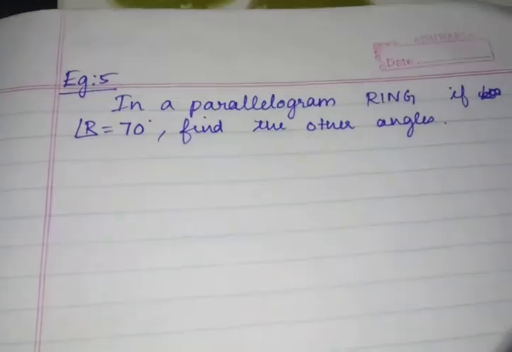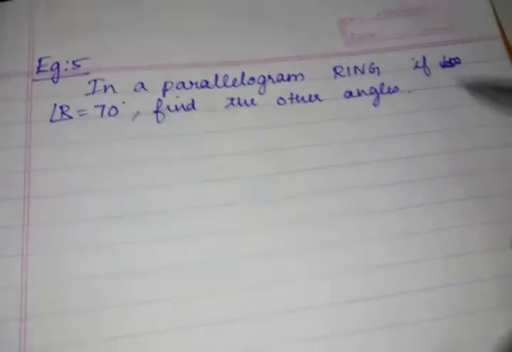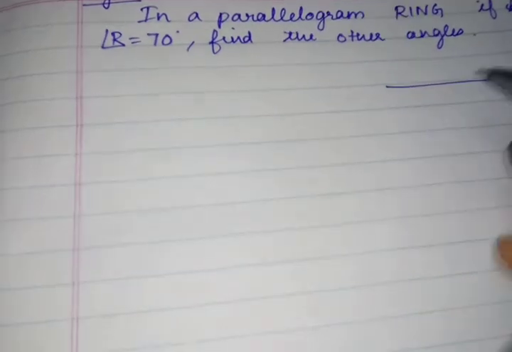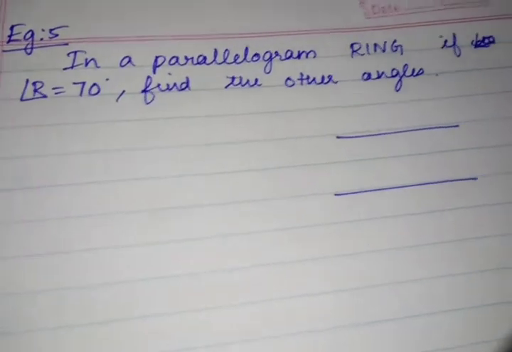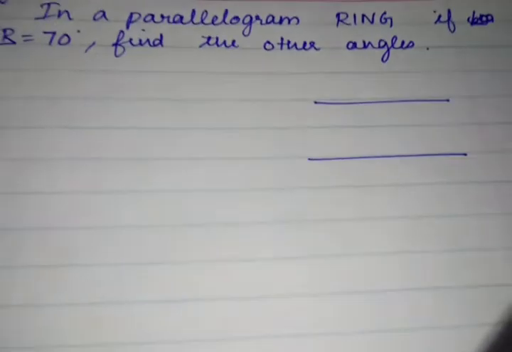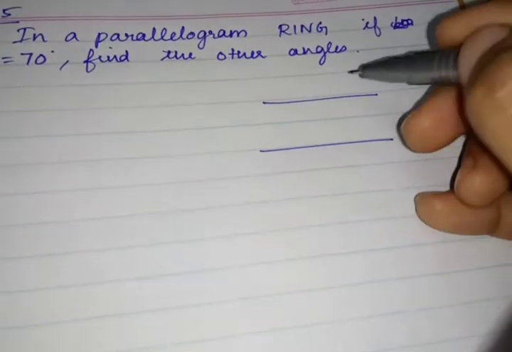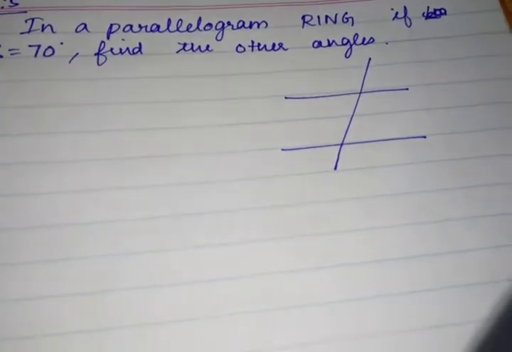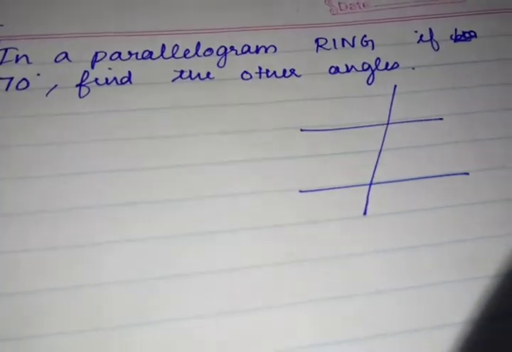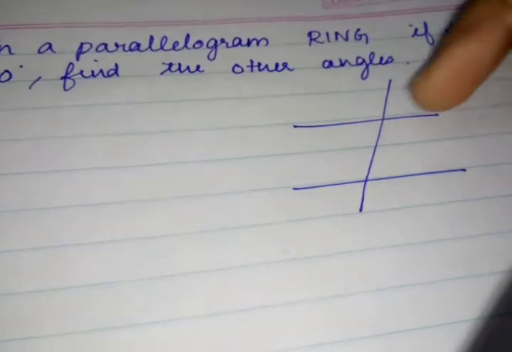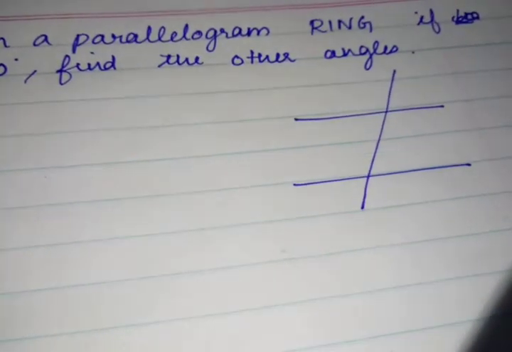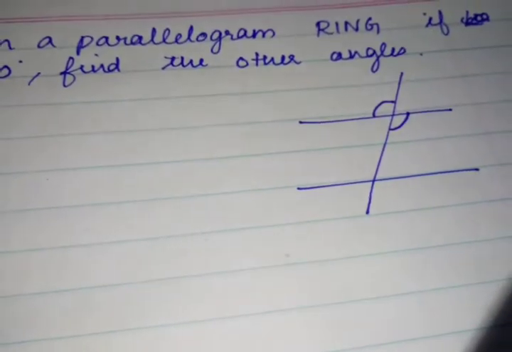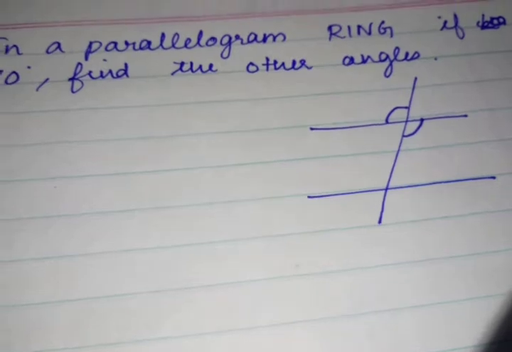Okay. Before going to example 5, I am going to teach you one concept. Okay. This is two parallel lines. Do you remember this concept? Last year we have studied. These are two parallel lines and a line segment or line which touches two parallel lines is called transversal. Do you remember that? Yes, two parallel lines and one transversal. Okay. In this, these two angles are vertically opposite angles. Yes.